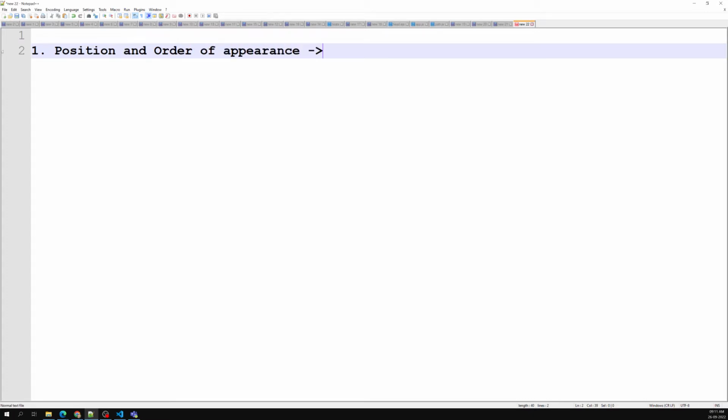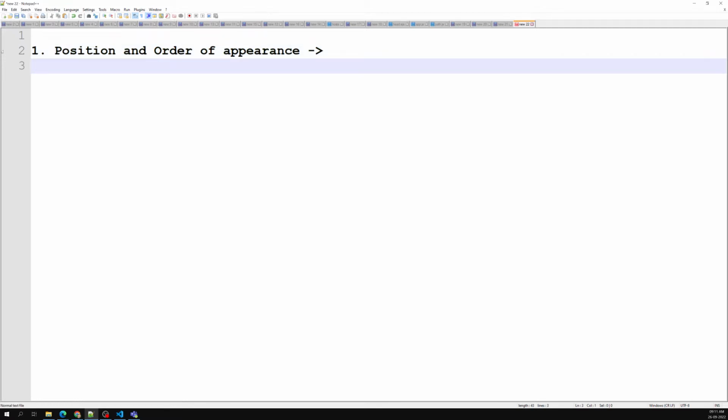So this is the first one. That means the order in which your CSS rules appear. The second one is